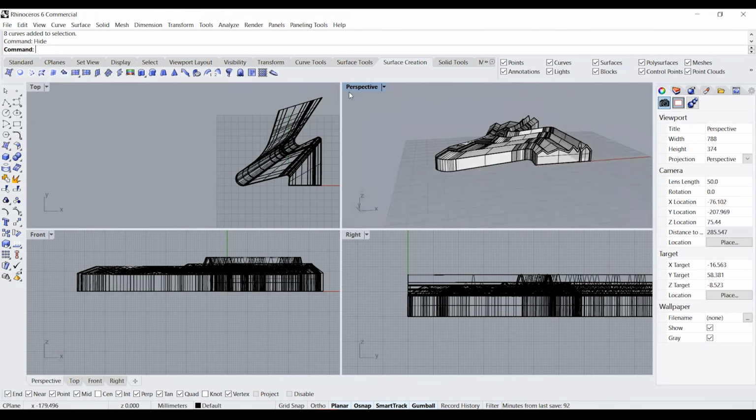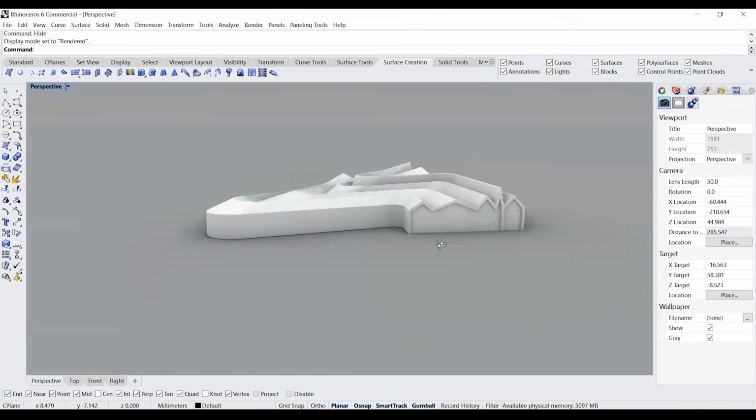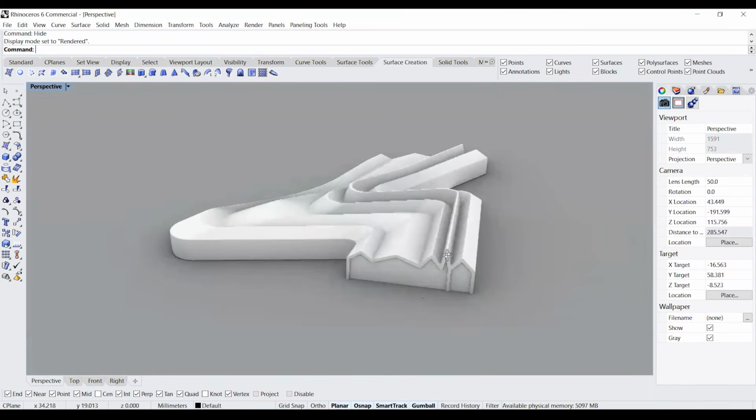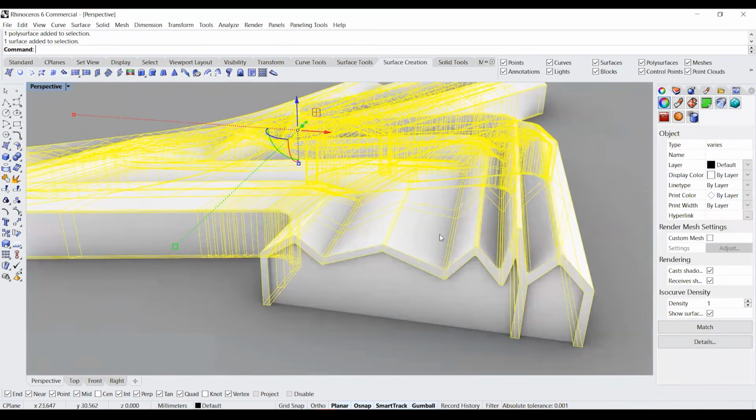And now if you want you can add materials, just select this into the next surface as well and then join them.